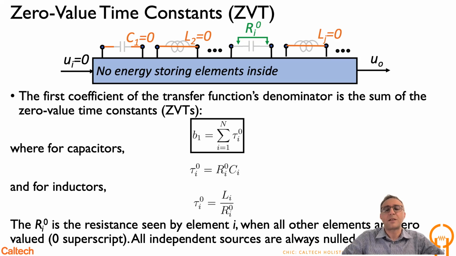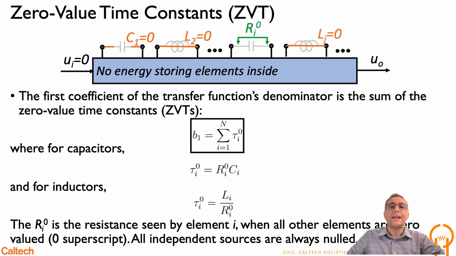So basically, if you remember, the denominator was 1 plus B1s plus B2s squared, etc., etc. And it basically says something simple, so that you can show that B1 is exactly equal to the sum of what we call the zero value time constants for each one of the elements. These are shown as tau i0. So for the first one, we have tau 1,0, for the second one, we have tau 2,0,